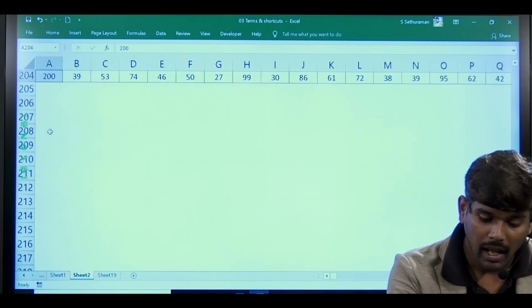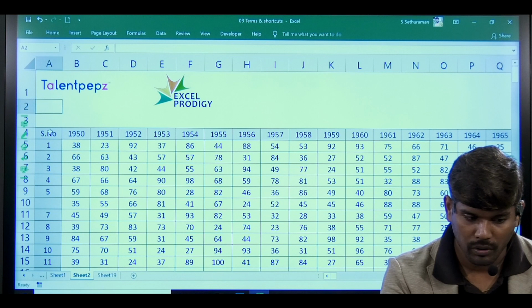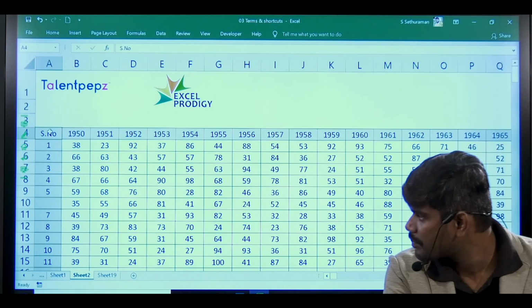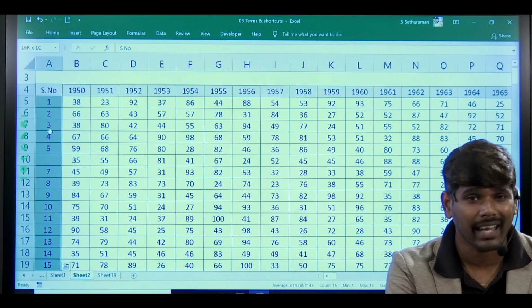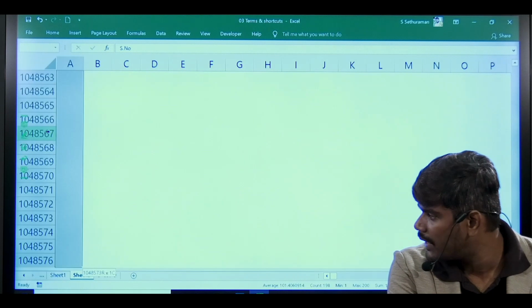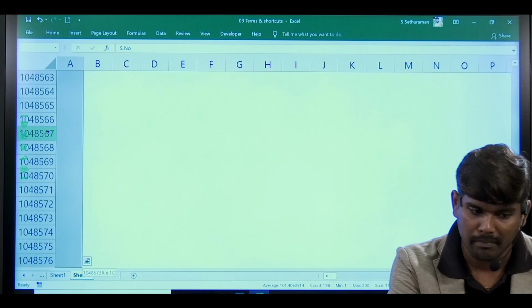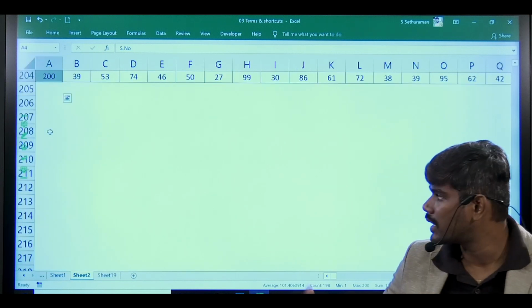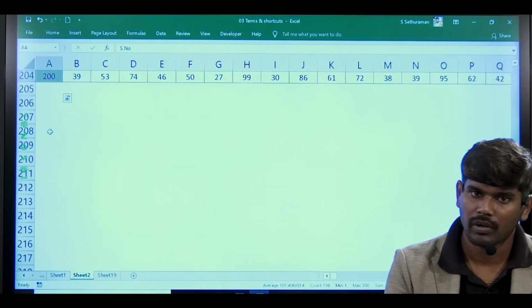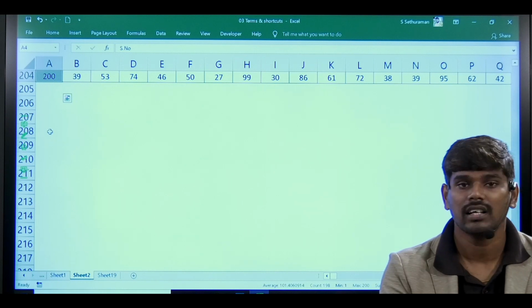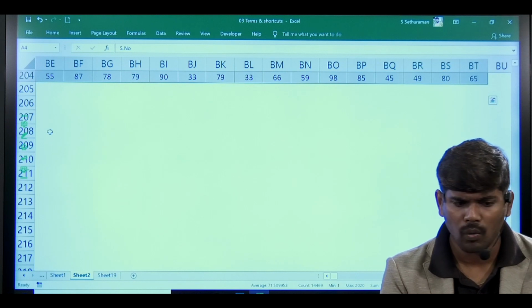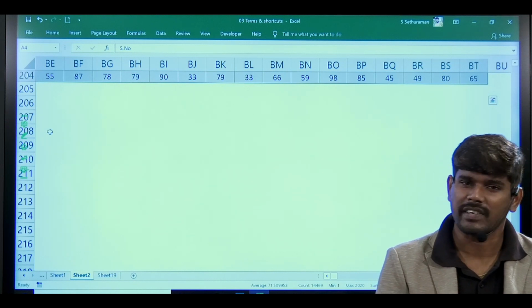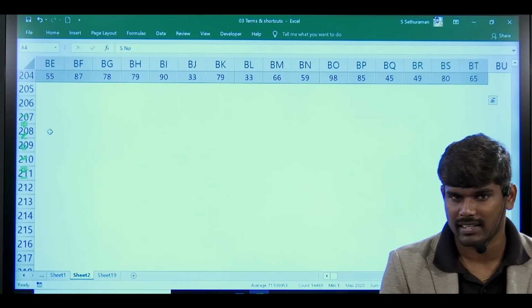To solve that, I'm going with selection. I'm going here, Control Shift Down Arrow, Down Arrow, Down Arrow, because we don't know where the end is. So go till the end, then come back to the top. Automatically we can achieve this. Okay, so Control Shift Up Arrow, then Control Shift Right Arrow, like that I'm doing. Now with this I'm going to ask a question. I'm going to deal with a question.